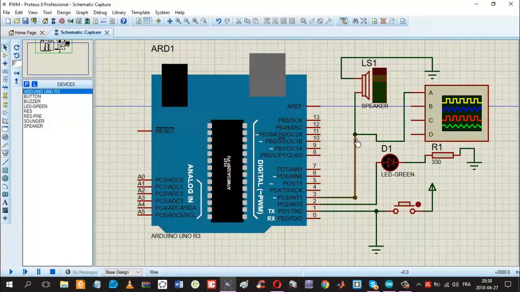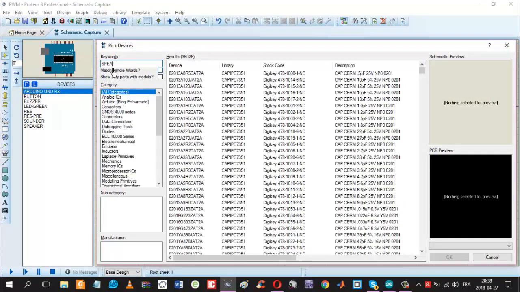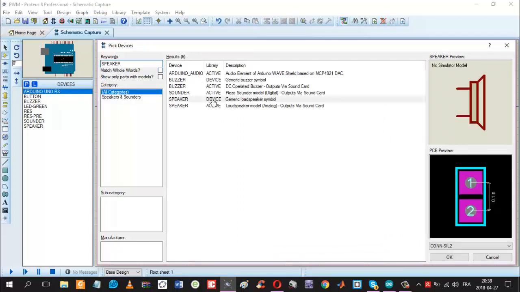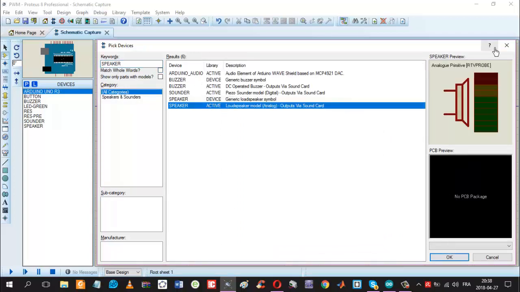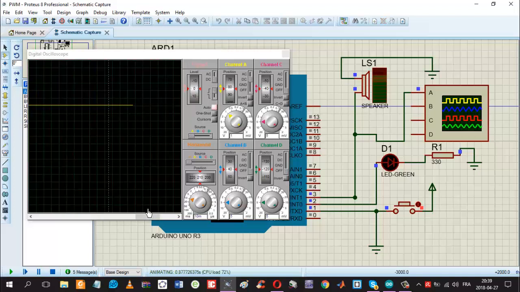Arduino, telemetry, laser and speaker. This is the speaker. And LED pin 2, button pin 1, and oscilloscope. Okay, now like this. Run. 1, 2, 3, tone. Okay, now if the button is pressed like this,